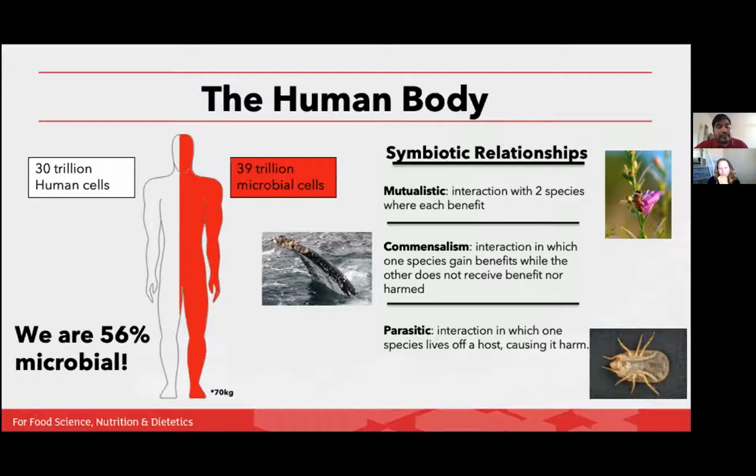For instance, like a flower and a bee. The bee extracts pollen from the flower and then also pollinates other flowers. So there we get a both positive relationship. There's also commensalism. It's an interaction in which one species gains benefit while the other does not receive benefit nor